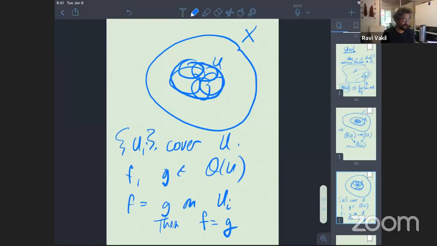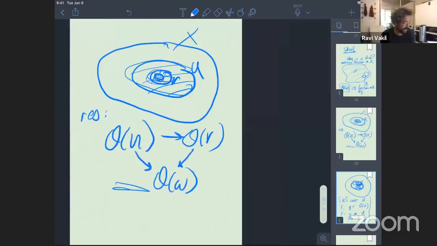And similarly, I'm just going to say this in words. If you have functions on each of these smaller open sets, and the function on this one and the function on this one agree on the overlap, we can glue them all together to make a single function on the big open set. In other words, if you have functions locally and they agree on the overlaps, then they come from something on all of U. I'm just stating obvious facts about continuous functions.